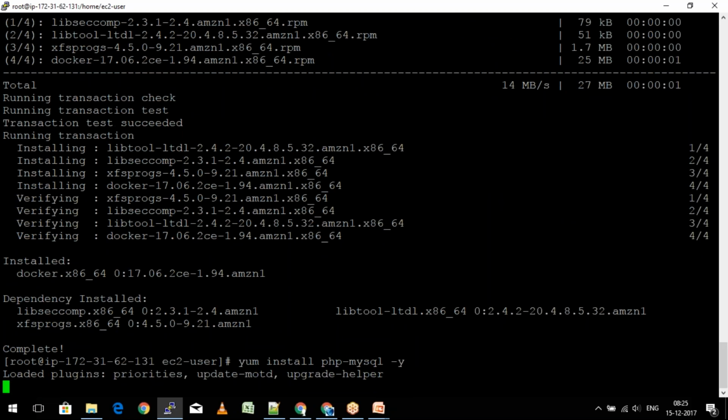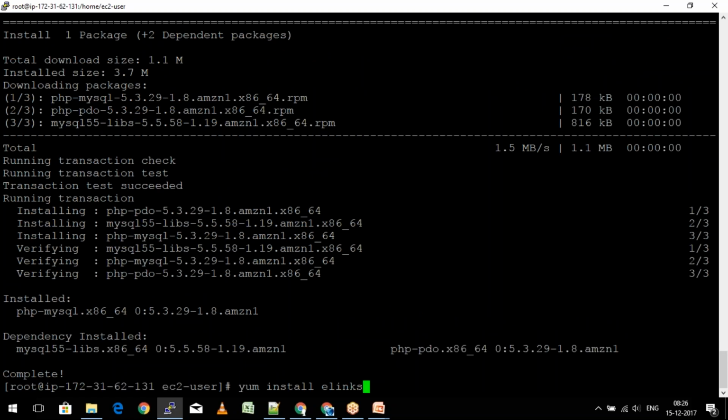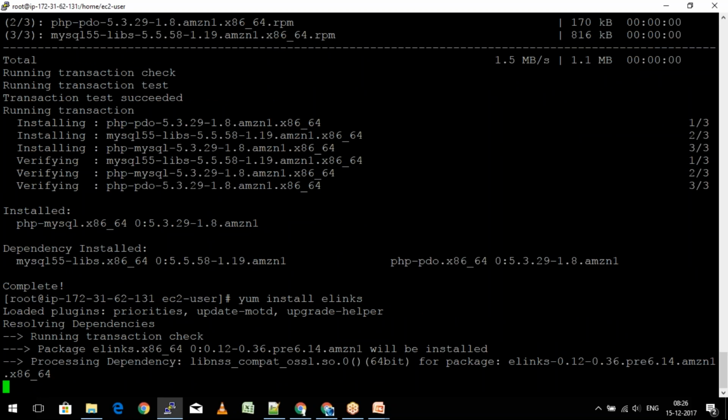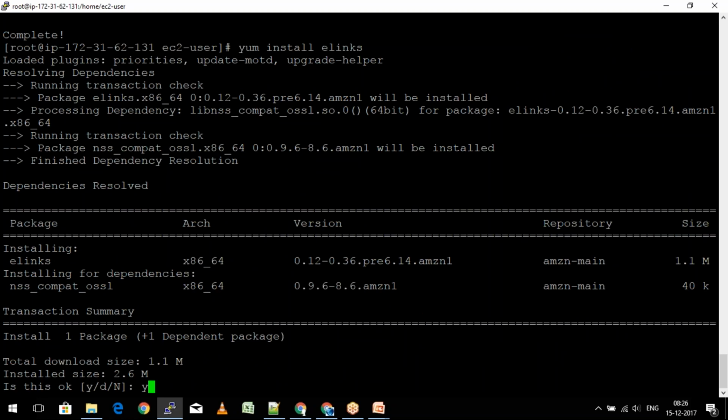We'll also install elinks. So now we have installed a lot of software inside this machine.